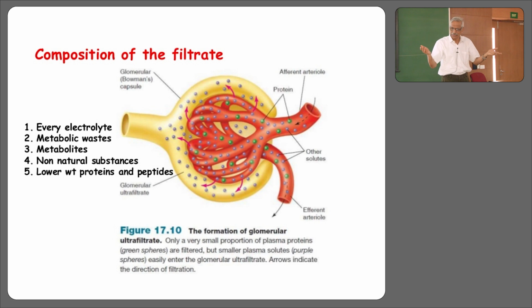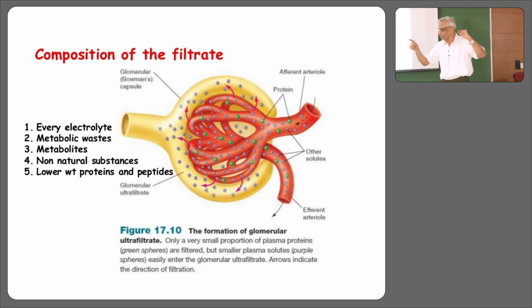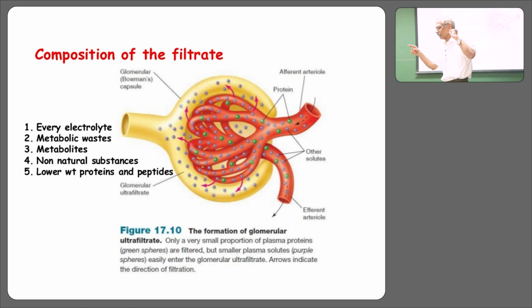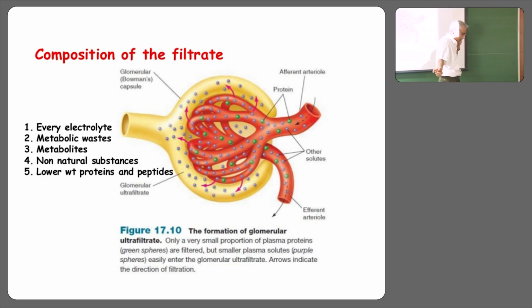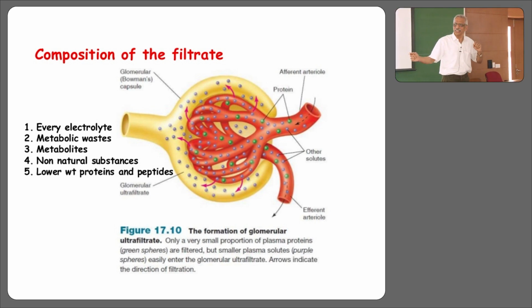Some of them will be filtered, some of them will not be filtered. Then how do you deal with the problem of those which are not filtered? Are you getting the problem? You want to get rid of them. Expanding the area. Secrete them into the filtrate later, through the peritubular capillaries. You are there, but you need to slightly improve. The answer is very simple.